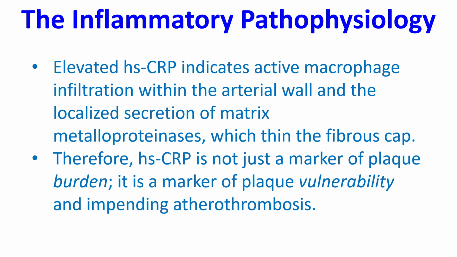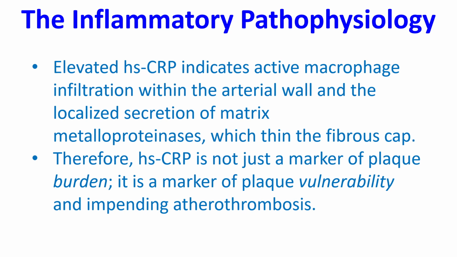Elevated hs-CRP indicates active macrophage infiltration within the arterial wall and the localized secretion of matrix metalloproteinases, which thin the fibrous cap. Therefore, hs-CRP is not just a marker of plaque burden, it is a marker of plaque vulnerability and